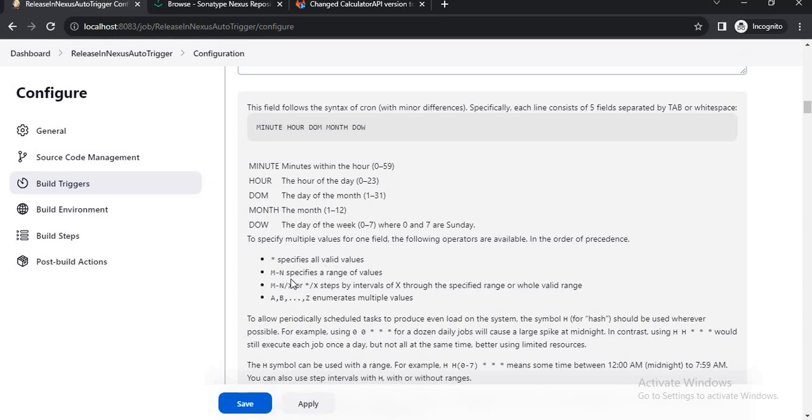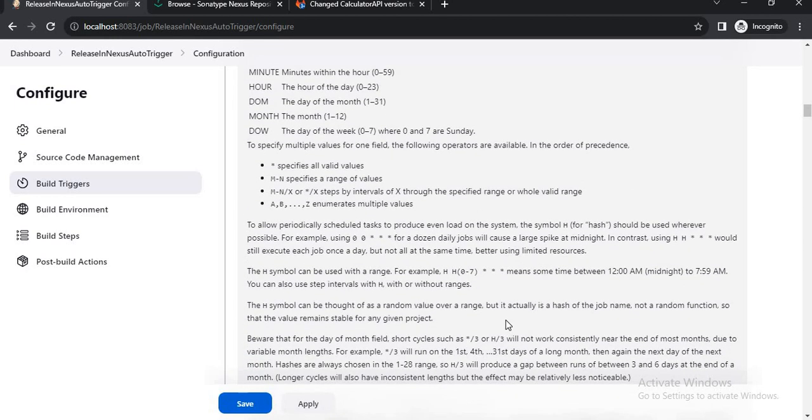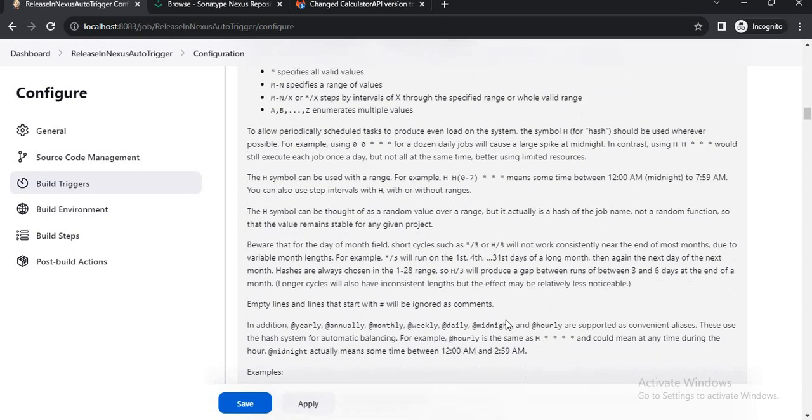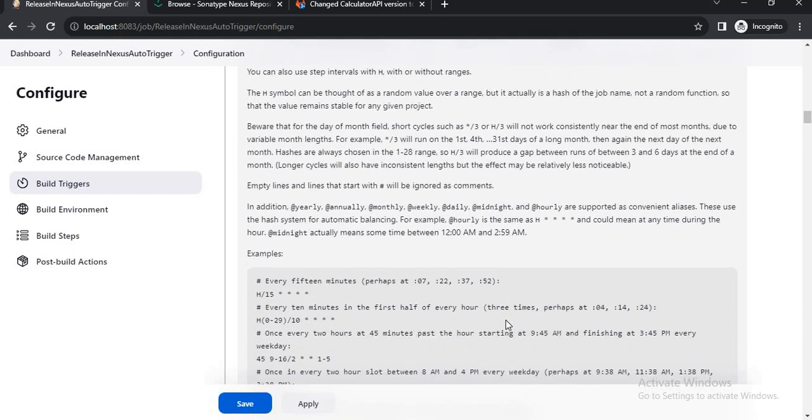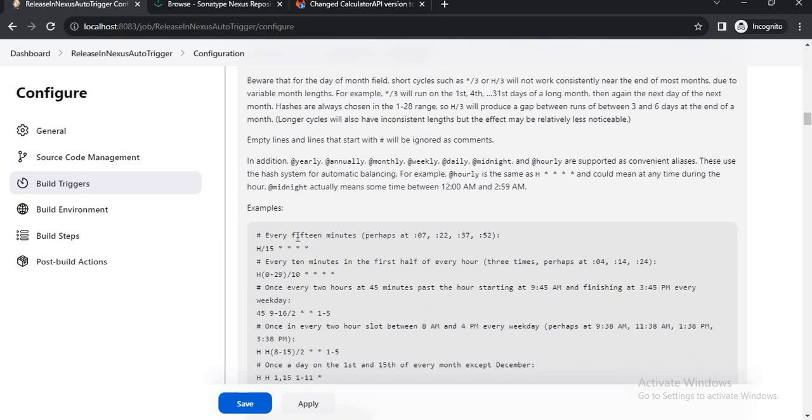But we can also specify M-N, which specifies a range of values. We will see how we can configure different values, how to configure it to check every day, every hour and all that. For now, if I want to define every 15 minutes, I'll say star/15 and then star star star.